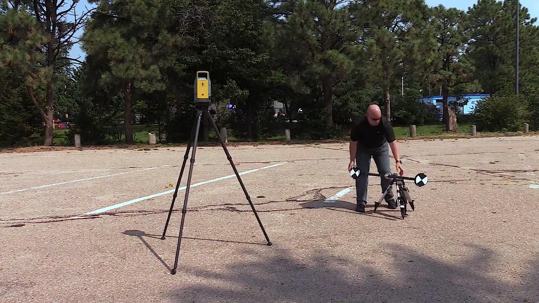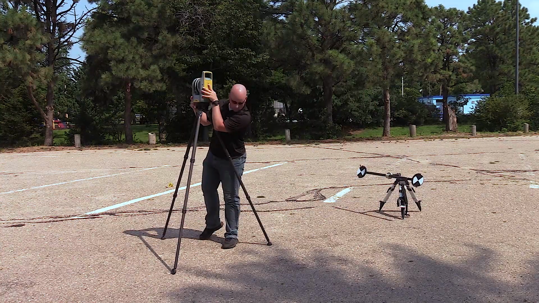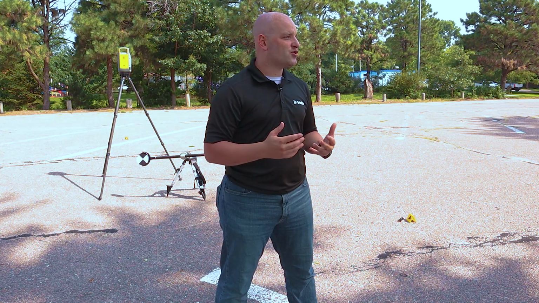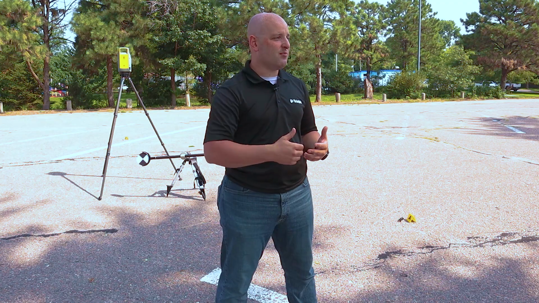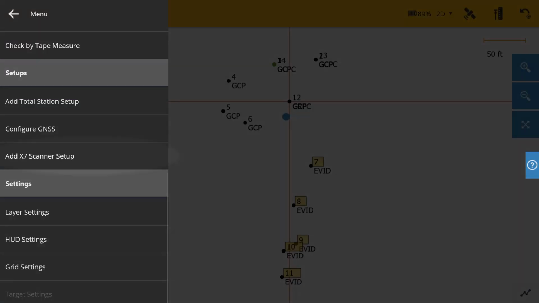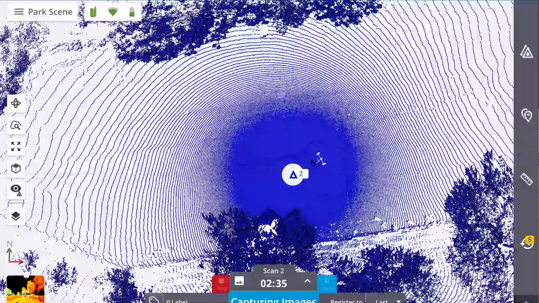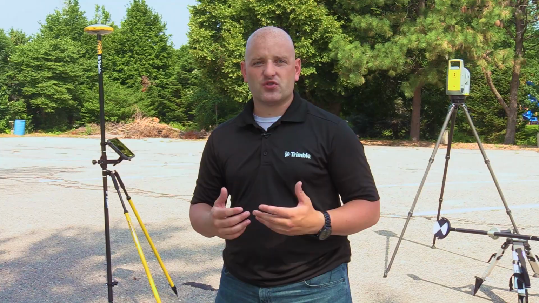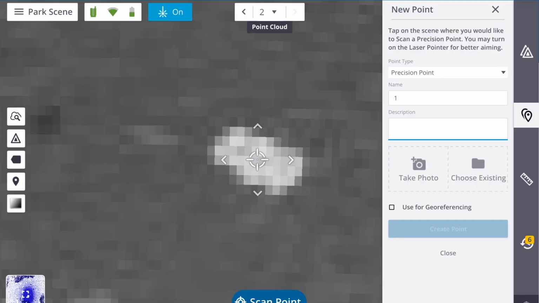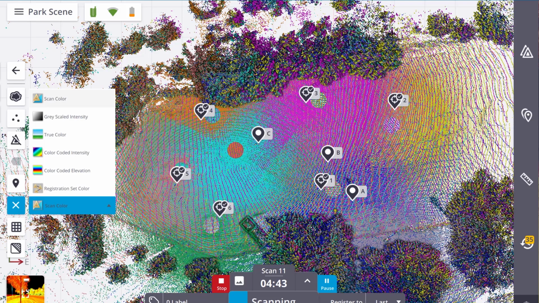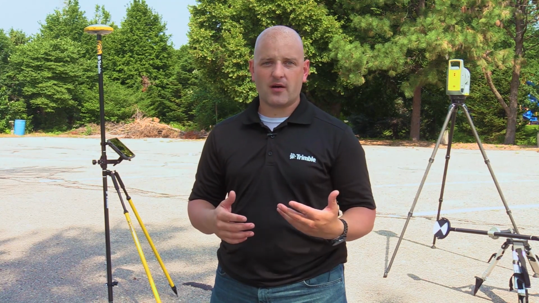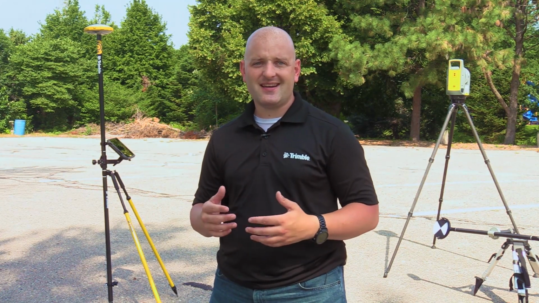Now that I have that done, it's time to break out our X7 to laser scan around some areas of interest. Now, this could also be the entry to a structure if you have a scene that you have evidence both indoor and outdoor. Now, I'm going to start with the Capture X7 plugin and get started scanning my scene. Now, while I'm right here, I'm going to use the X7's precision point feature to create annotation points where my GNSS points were measured. Now, this is going to come into play here just shortly. Once I have those gathered, I'm going to work my way around laser scanning the scene as needed.